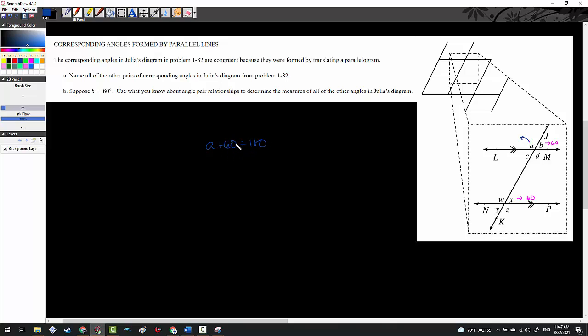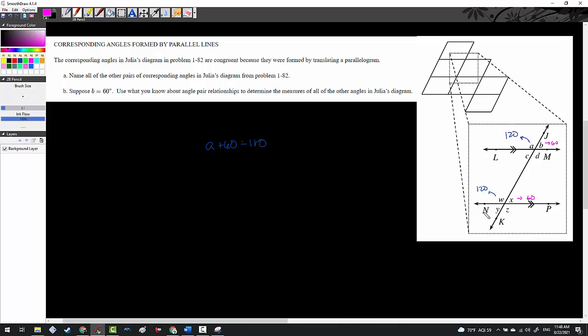Maybe get into a dark room. This is going to be 120. Now, from here, I can go ahead and call this angle W 120 as well. So from here, that takes care of the linear pair relationships, but remember, we also learned another angular relationship in